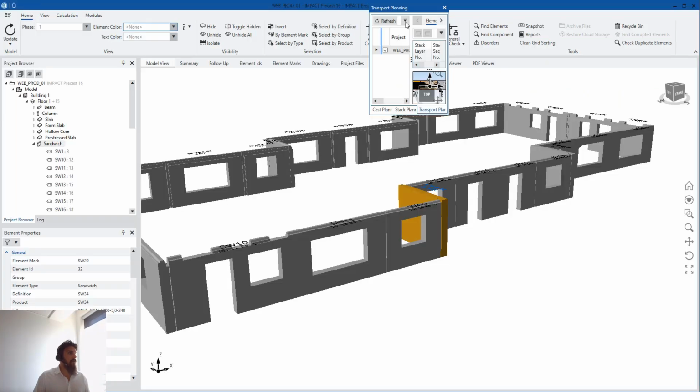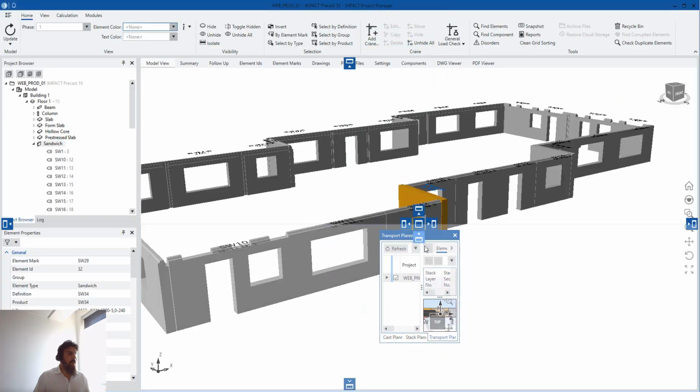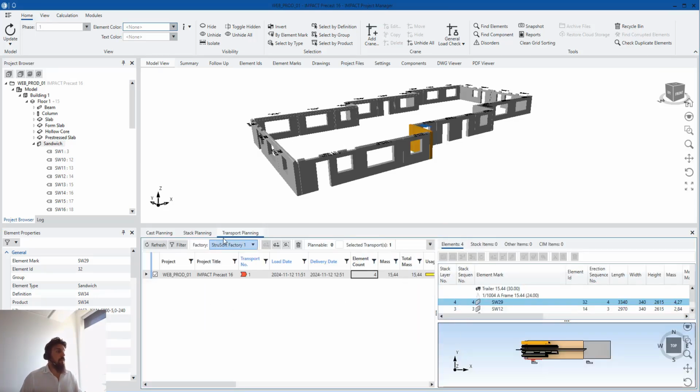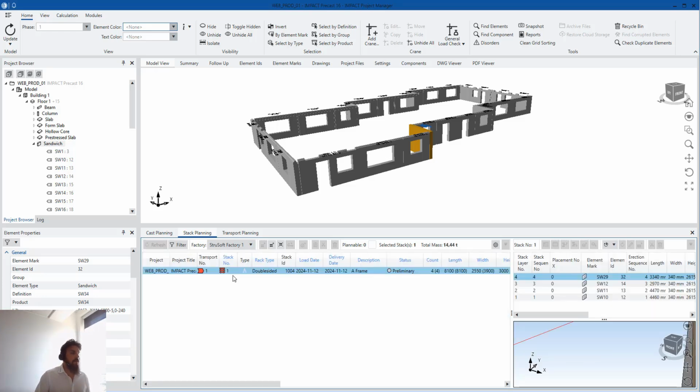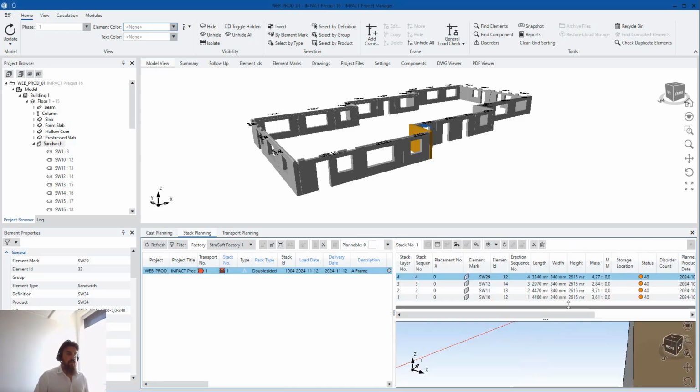So now I have the transport app, and now that I did the transport planning, I'm going to show you that, as I said before, a transport is a combination of a stack and a vehicle. Going back to the stack planning, I'm expecting when I refresh to be able to see a new stack that was created. That stack also is here,